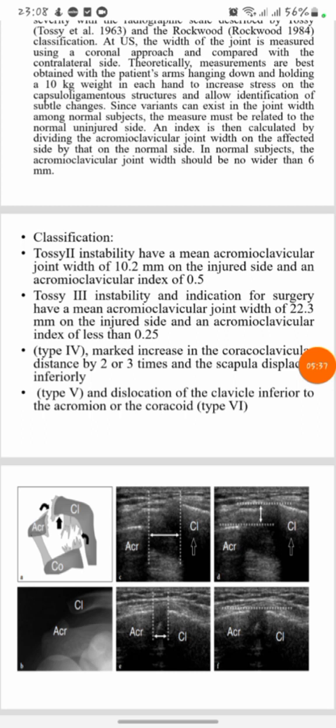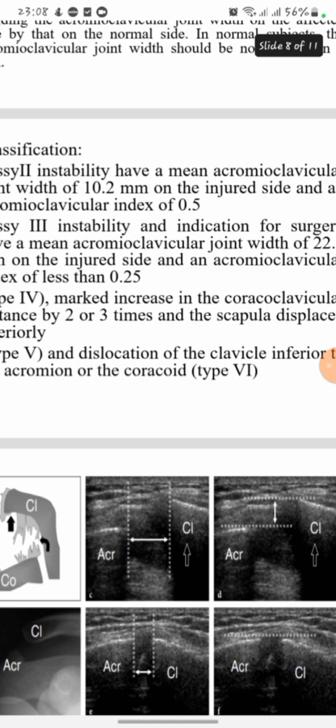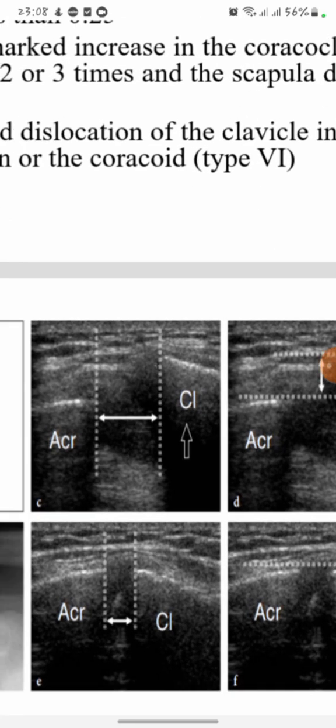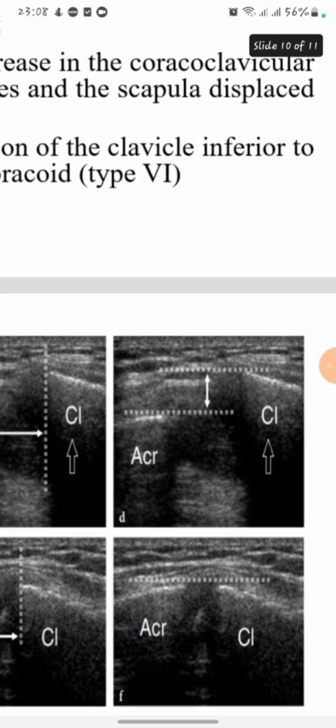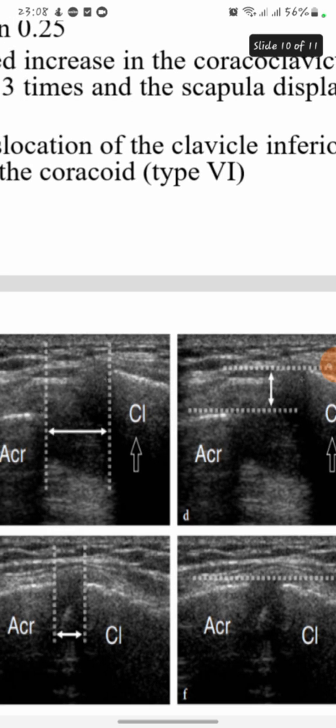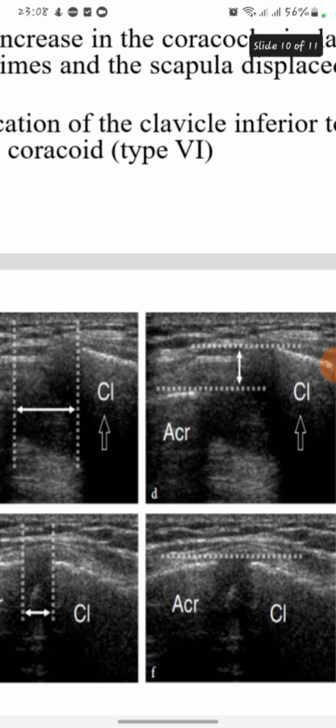So here the ultrasound image shows how we can measure the width of the joint. We can see here in the image labeled C, we measure the distance between the clavicle and the acromion of the affected side. And here we put a parallel line between the acromion and the clavicle, so we measure that width. This is the correct way to measure the width of the affected